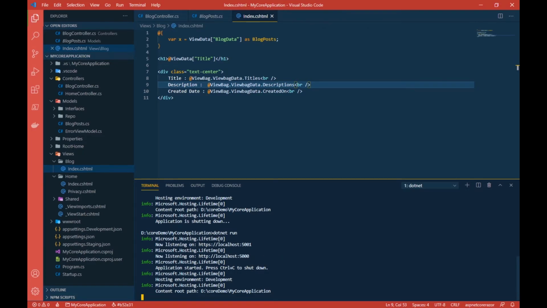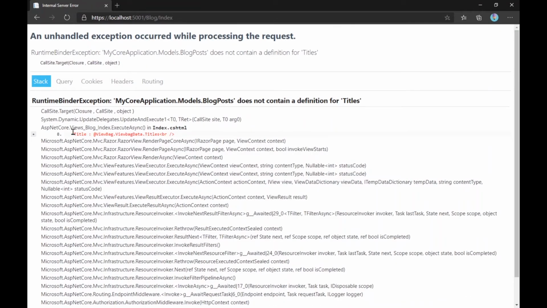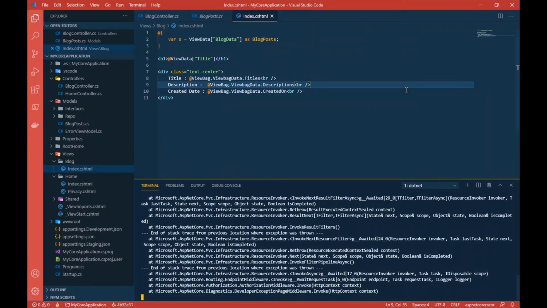Now when I go and run this code and try to access this page again, at that time we will get an error. Okay, so this titles is not accessible, or it is not present in this ViewBag data. So this is one of the drawbacks of using ViewBag, because it does not give you compile time errors. It always gives you runtime errors. This is one of the major drawbacks of this ViewBag. Okay. So I think this is clear. ViewBag and ViewData, these are weakly typed data types. Sorry, using ViewBag.